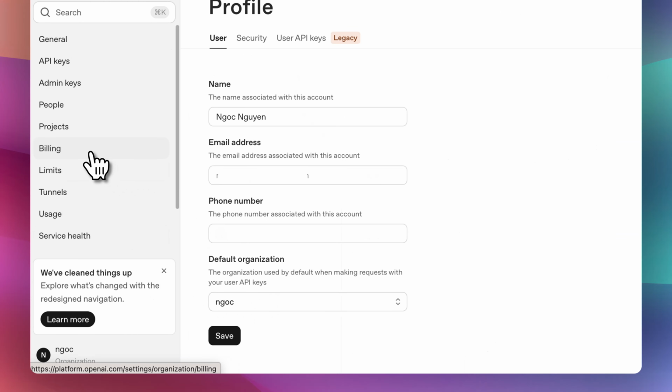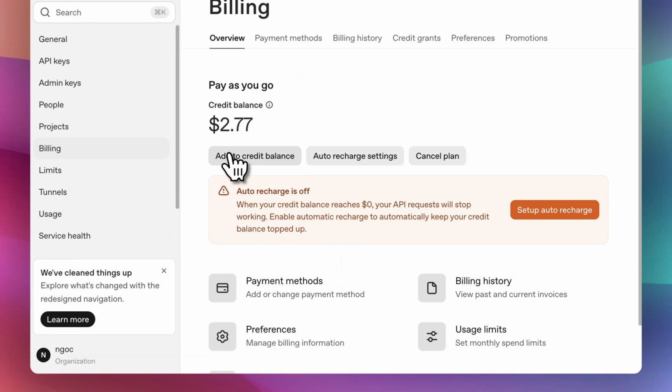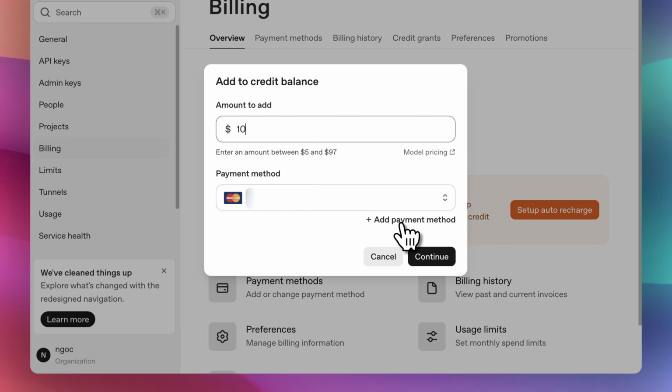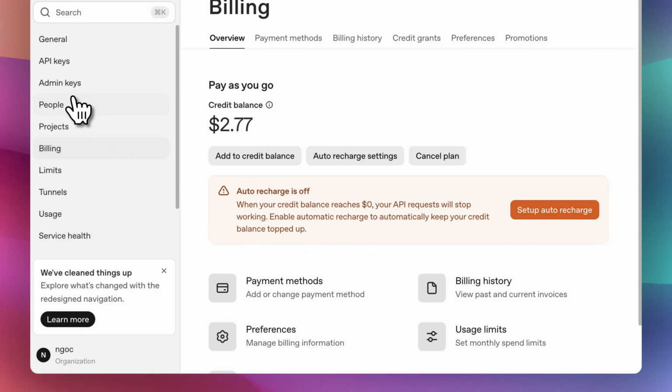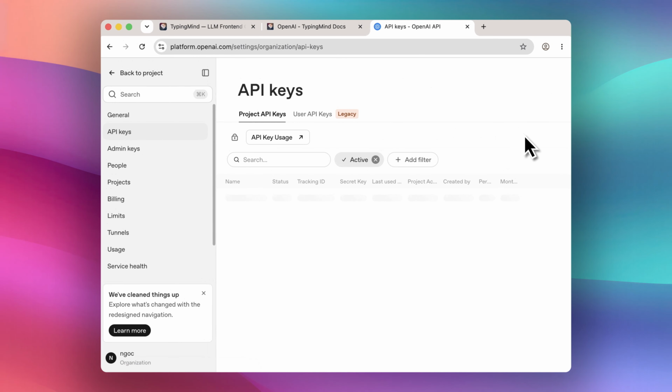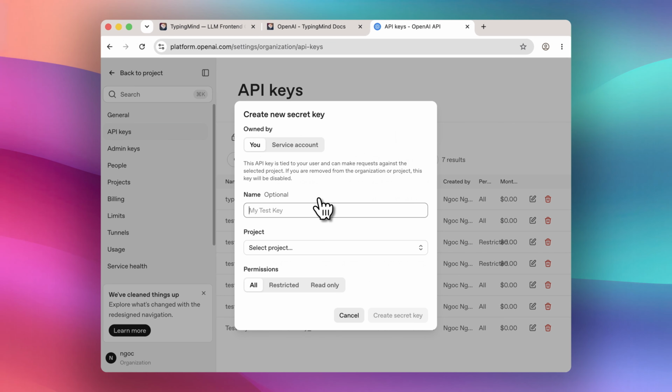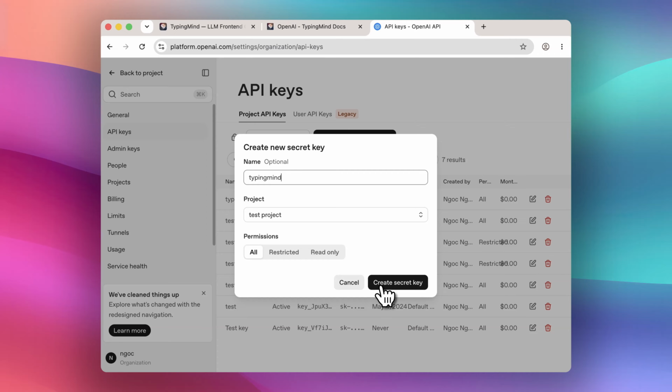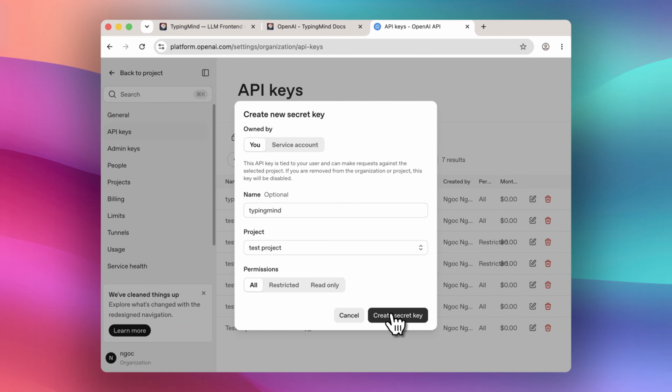You'll need to top up your API credits first so you can start using the model through the provider's API. To create an API key, select the API Keys option and create a new secret key. Enter any necessary details, choose the appropriate project, apply restrictions, if any, and click the Create Secret Key button to